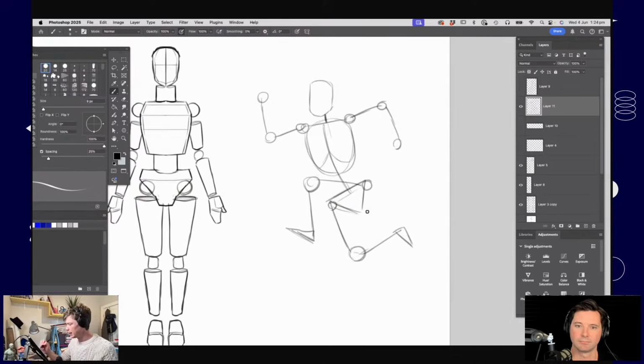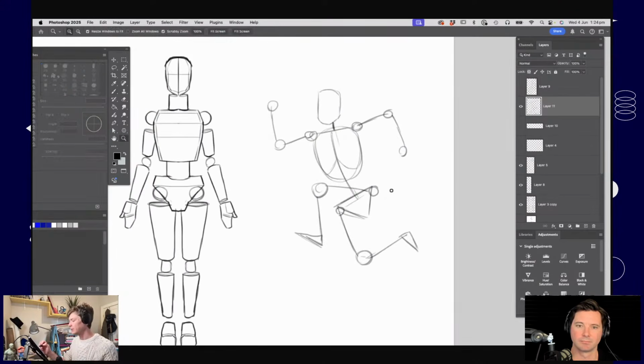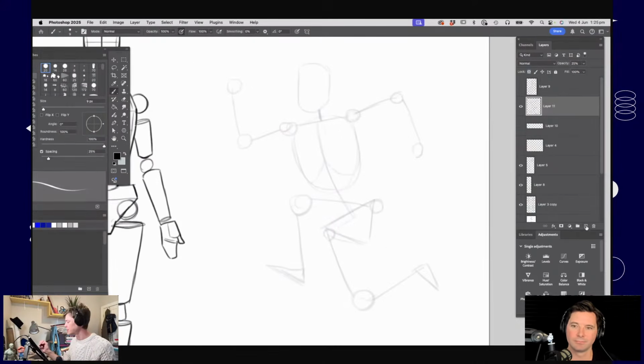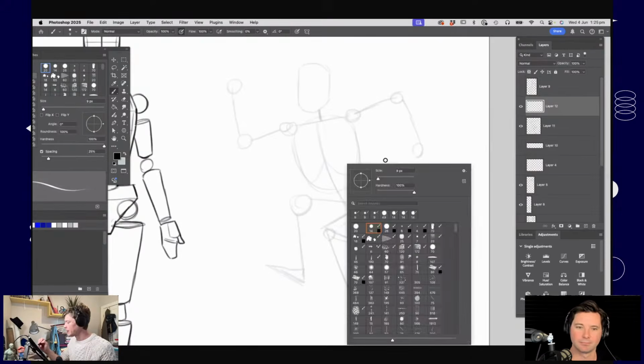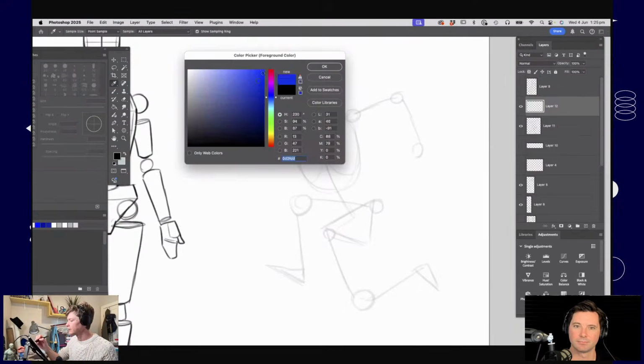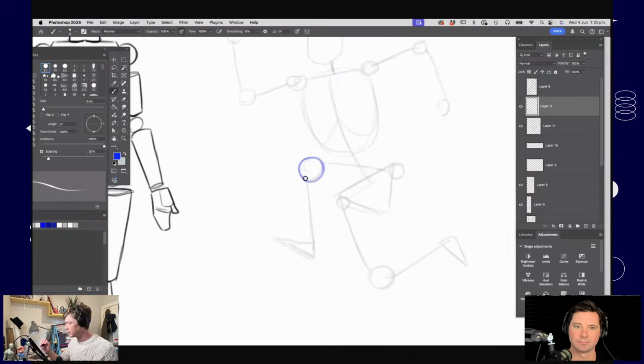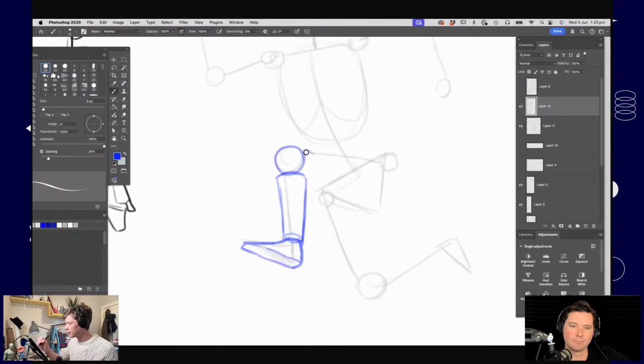And now I'm going to start adding the three-dimensional shapes that we were talking about to give ourselves a sense of what's the direction, how's this figure moving in space. So I'm going to drop the opacity on that stick figure sketch, and I'll start putting in some of those simple shapes. So I'll start with a knee there, and then just doing some simple cylinders, and I'm trying to imagine what would that cylinder be doing if I was looking at it? If this was just a simple blocky kind of person.